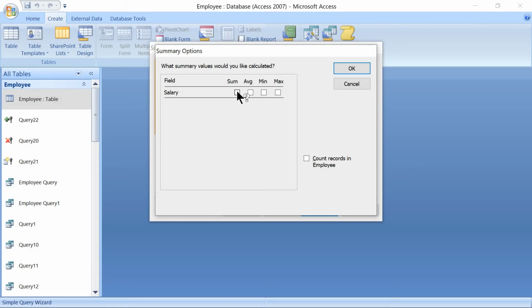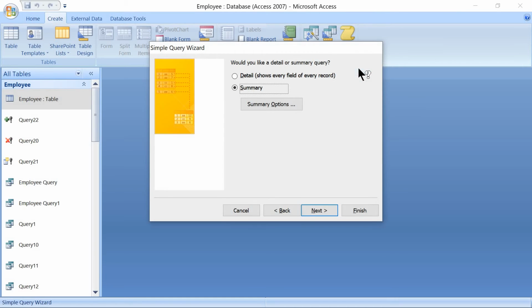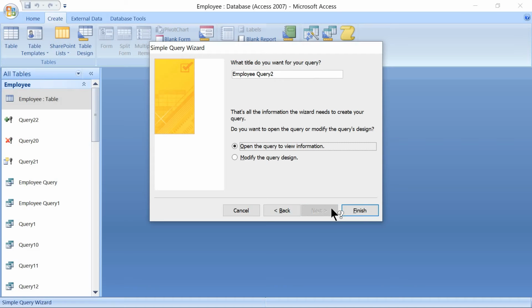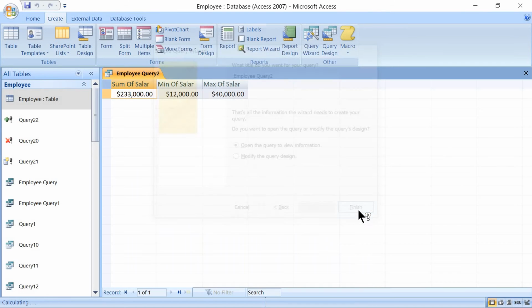Let's check for the total summation of the salary which is paid to the employees. In the same way, we will see the maximum salary also and even minimum also. Minimum salary paid and maximum salary in the company. Then click OK. Later next. Then finish.